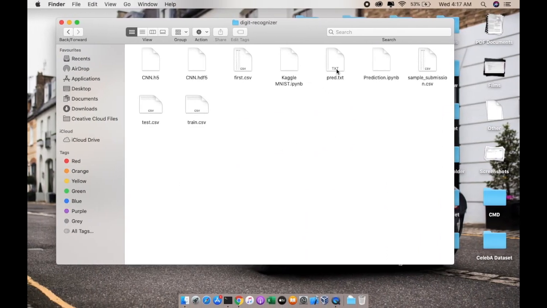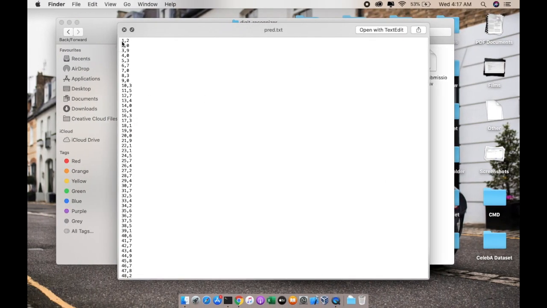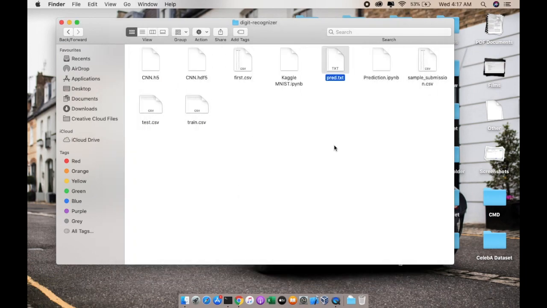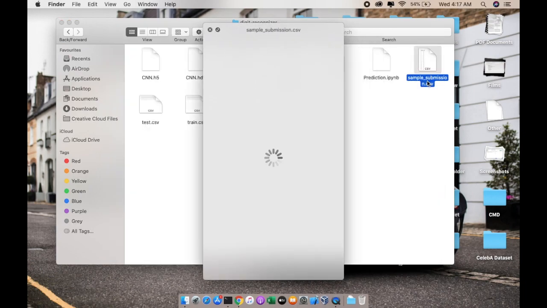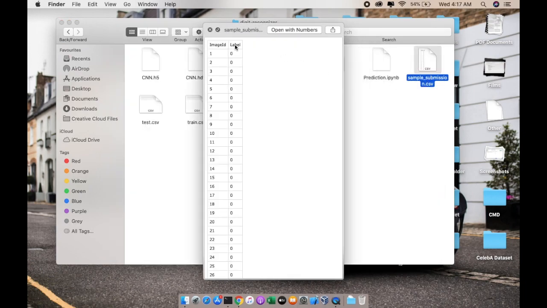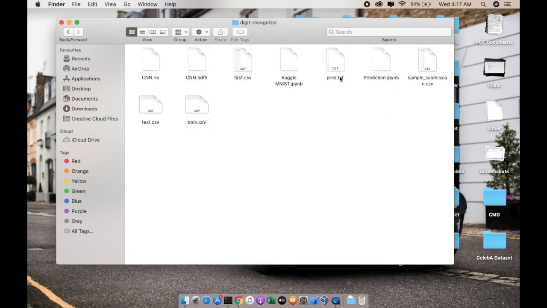So let's see our prediction file. Here I am getting 1 comma 0, 2 comma 0, image number 3 is 9, 4 is 0, 5 is 3, 6 is 7, and so on. Now we'll compare it with the submission file, where I have all of it in the same format.